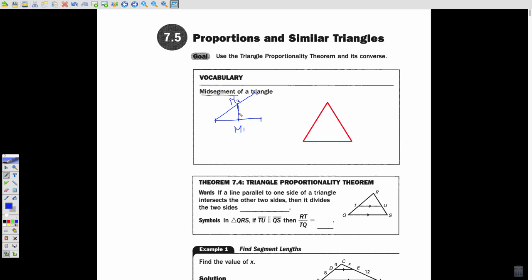Now if I connect these two points, that's my midsegment of this shape. So now if I have a triangle, the midpoints are here, here, here. So M1, M2, and M3. And if I just connect the midpoints,